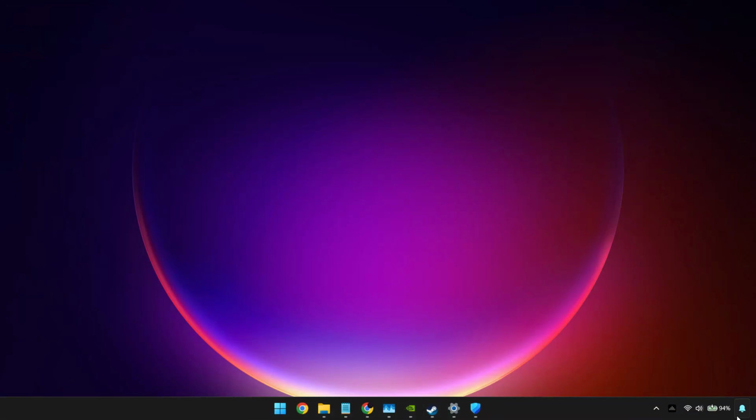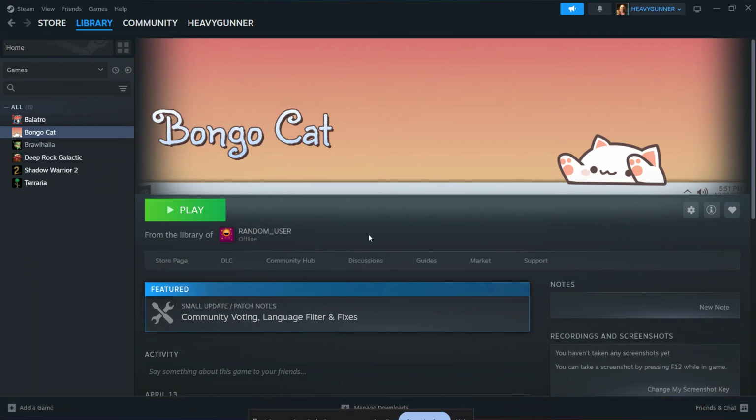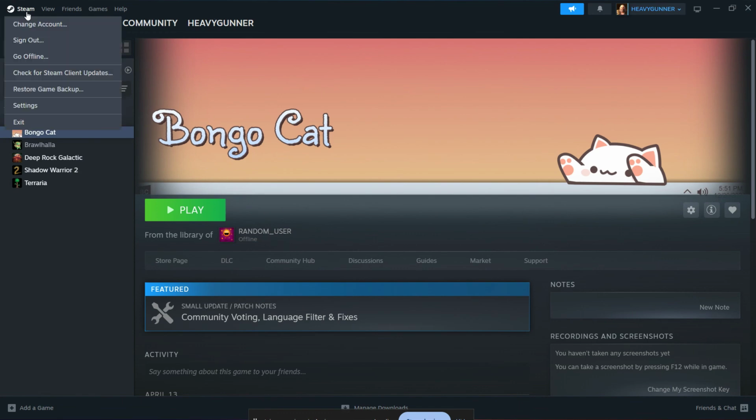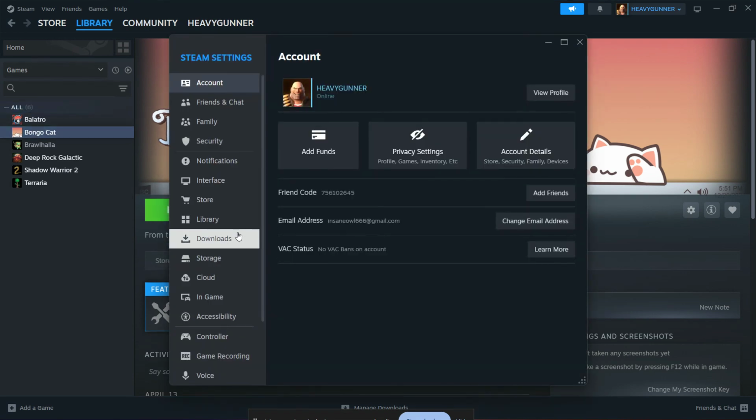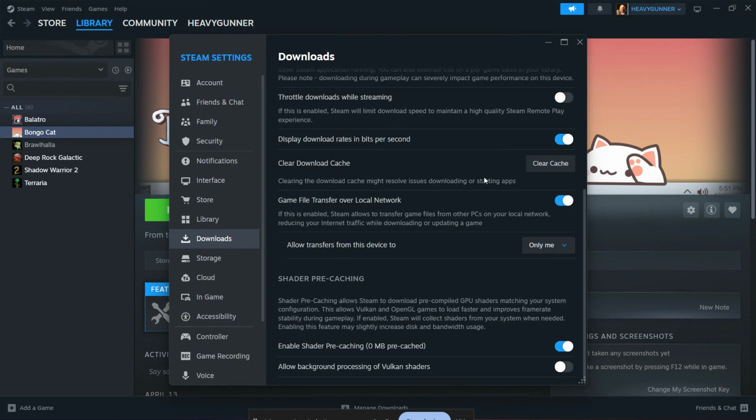If you're still getting the error, the next step is to clear the download cache. This is a very useful fix because it resets part of your Steam session and can refresh the connection between your client and Steam's servers. To do this, go back into Steam settings, then click Downloads. In the Download section, look for Clear Download Cache and click it. Steam will usually sign you out after this, so you'll need to log back into your account. That's completely normal. Once you sign in again, test the store or community page and see if Steam error 400